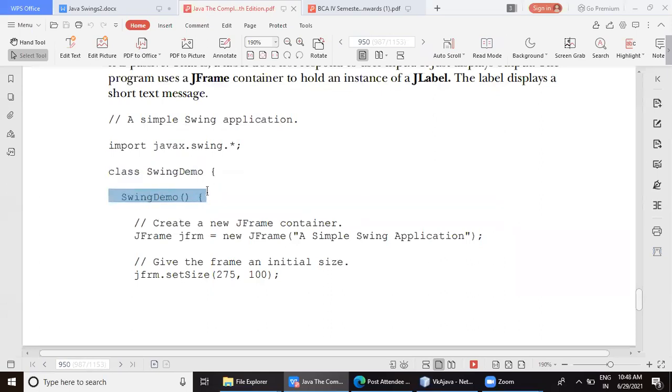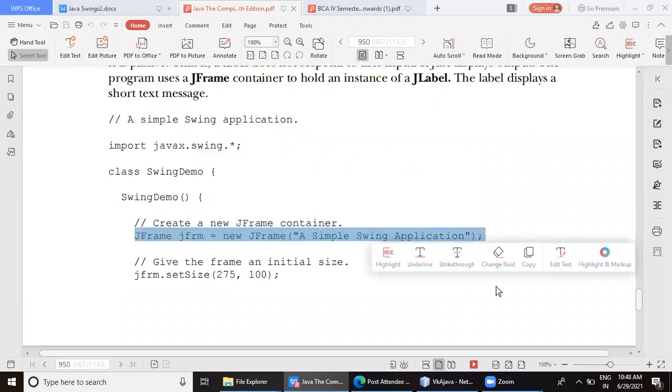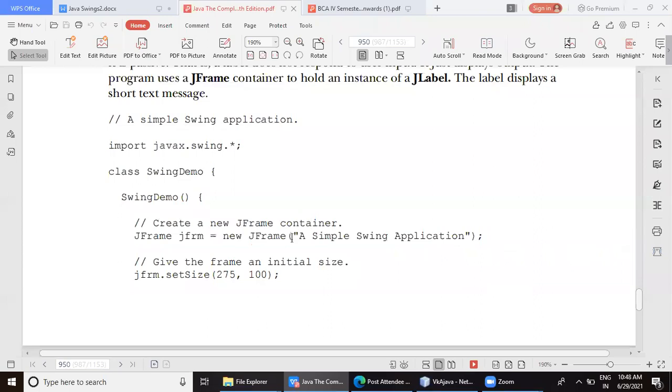Now what is this line? Can anyone answer? Constructor. Okay, what is this line going to do? Object forming. It is creating an object of JFrame, that means we are creating a new frame with the title "A Simple Swing Application".